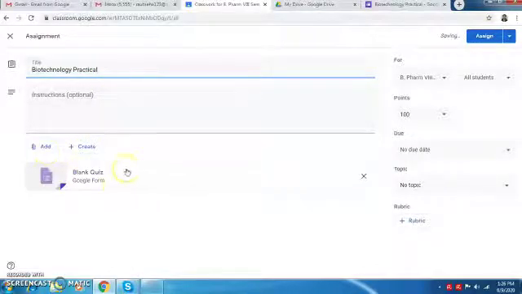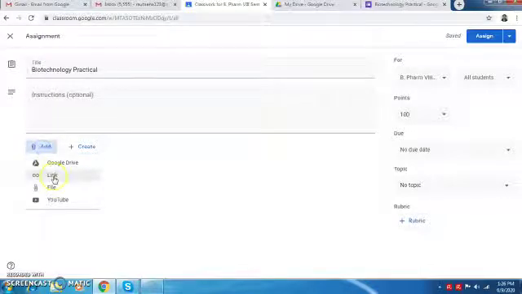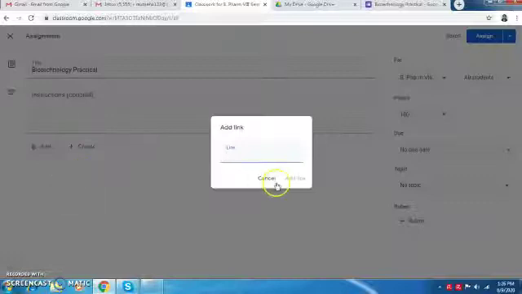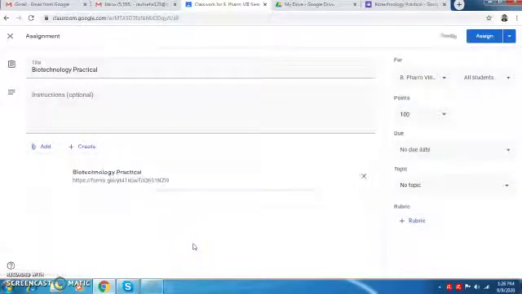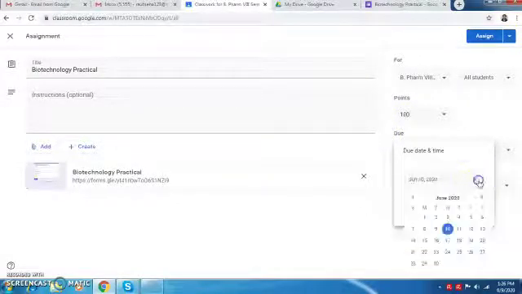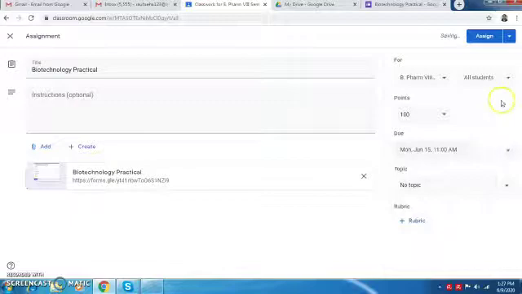Right. So now in this case, either you can create a new quiz here by using Google Forms, but I have already created it in my drive. So I'm going to add. After clicking on add, click on link, and as I have copied my link earlier, I'm going to paste the same link here. So this is the link for my question paper. So add link. I have added here my biotechnology practical paper. Again, you have to mention here the due date. So I'm going to mention here 15th June, and the timing is morning time, so 11 a.m. Fine. It will be visible to students on 15th June morning.